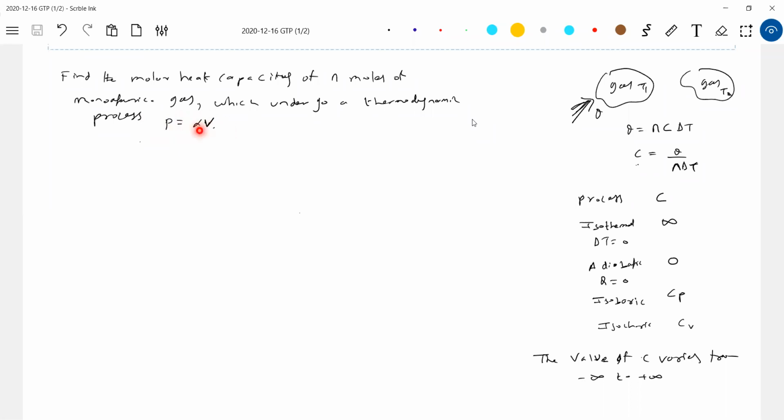For any general thermodynamic process, there's a formula. We have the ideal gas equation, and the definition C equal to Q by n delta T. Or I'll go for the first law of thermodynamics. So these are the ideal gas equation, the molar capacity definition, and the first law of thermodynamics. These are the things I'll be using to solve all the problems we encounter today.